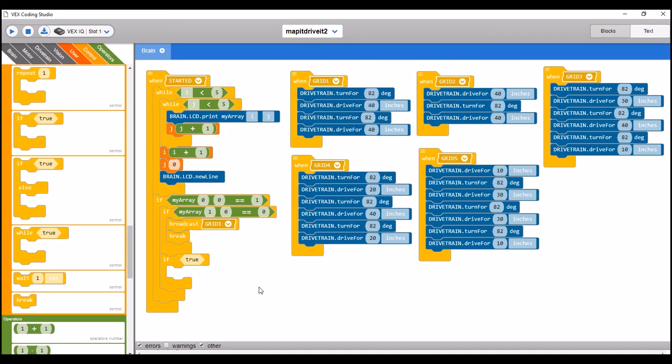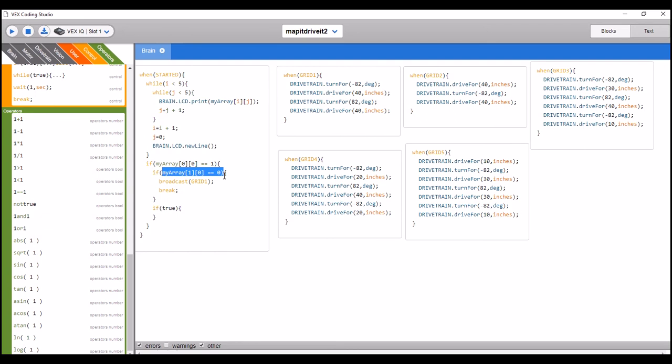So we will go back to text, and I'll copy and paste some code. This time, if my array 4, 3 is equal to 2, that's the code for a blocked square, then we're going to broadcast grid 5. We'll go ahead and copy this again. The next